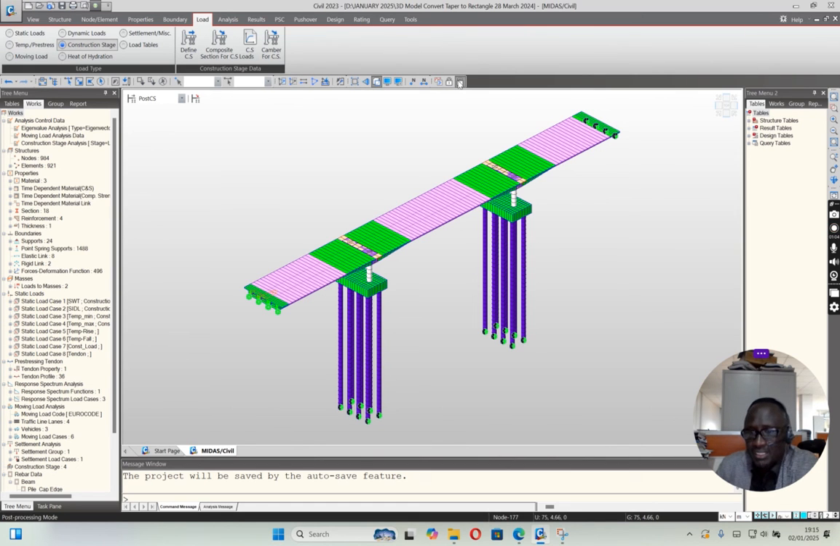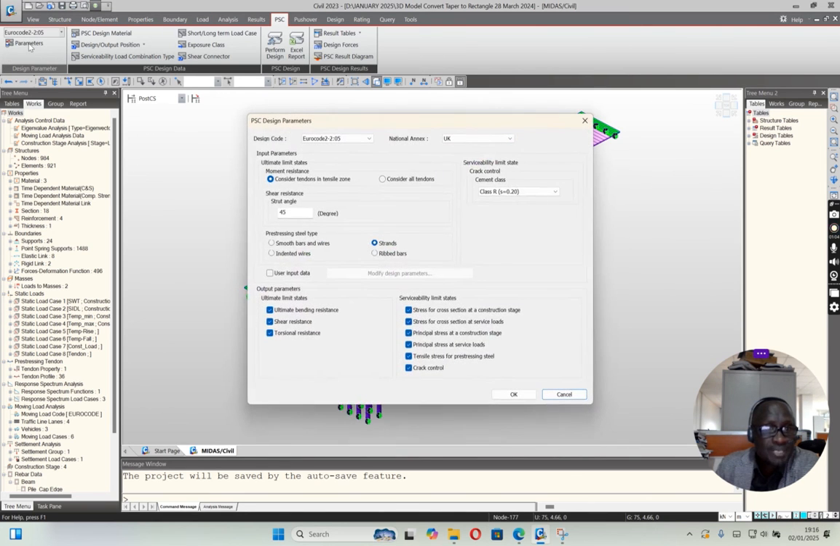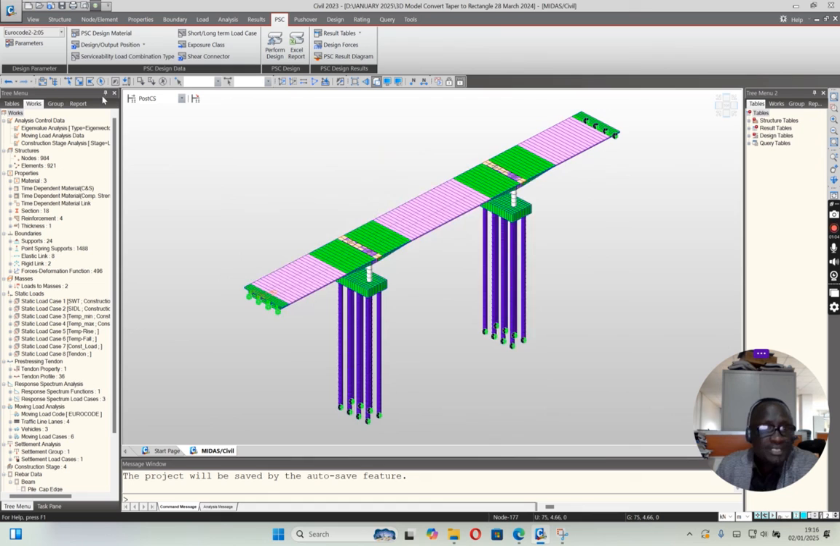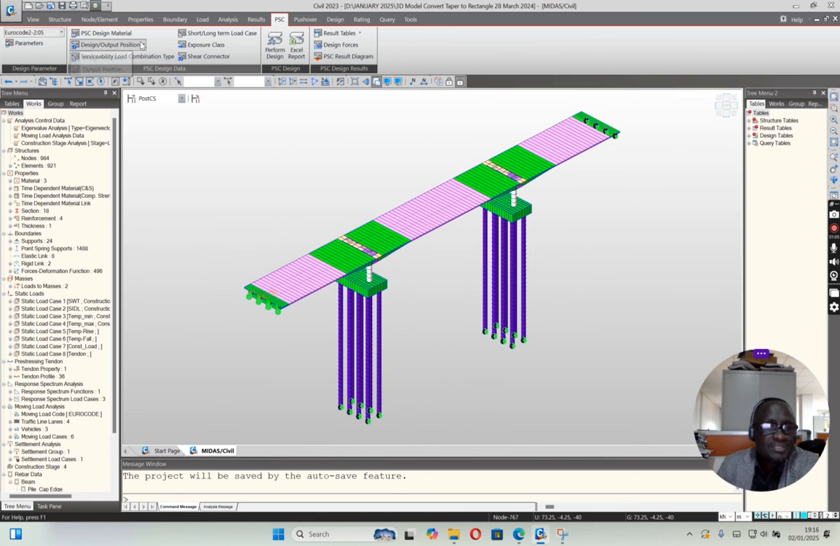Next time we shall look at the design. For design, we're actually going to come here. This is where you look at the parameters. You define all your parameters, consider all tendons if you want, put the strand system, all that. After you have done that, you come to the next one. Make sure all these parameters are defined, and then when you define all that, you go and then